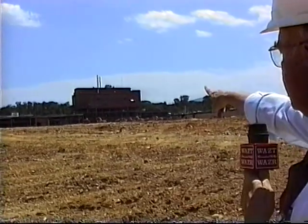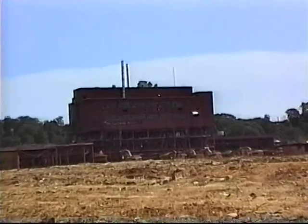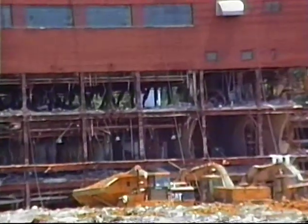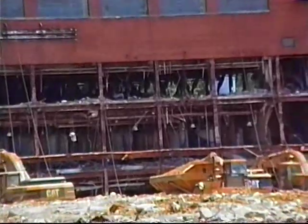Now, as you look over here at Churn and Mix number 2, that's a 6-story structure. And as we're talking here, in just a couple of days that particular structure will be brought down. In that area, the first 3 floors have had the brick taken out from around them, and you see some large tanks on the second floor there. On the third floor right above it, the contractor is cutting those beams, and we have